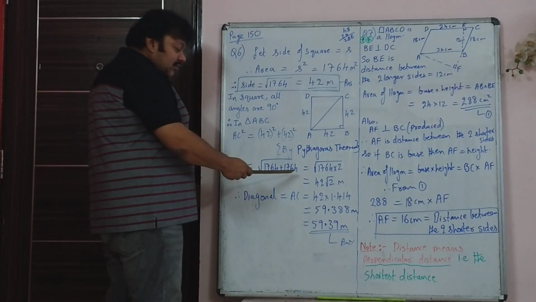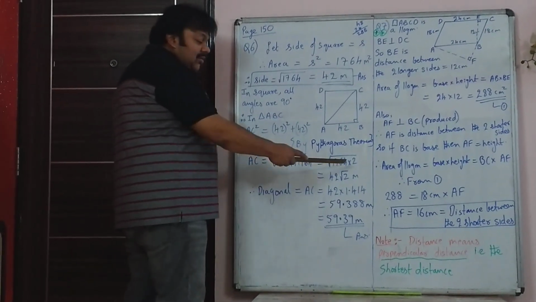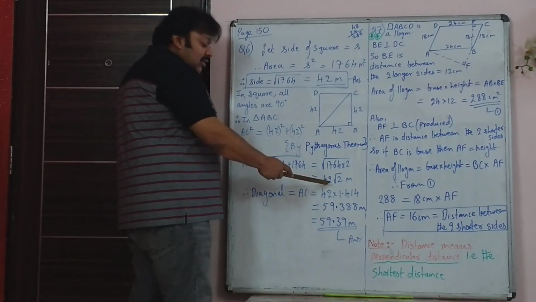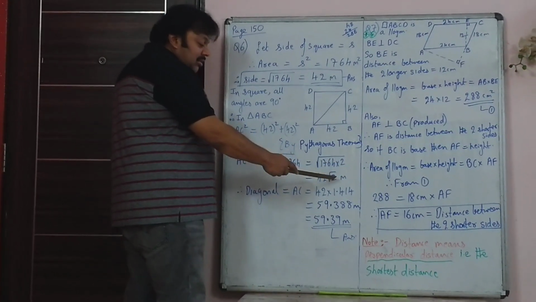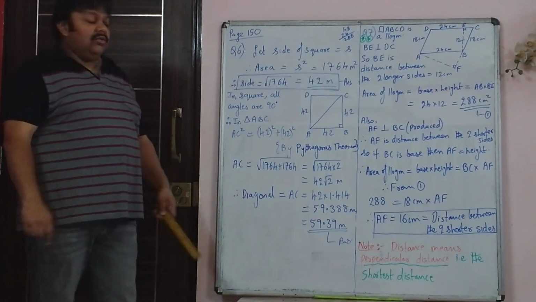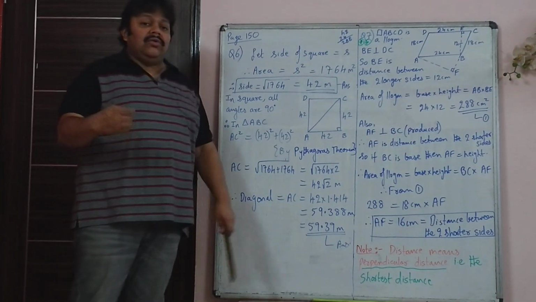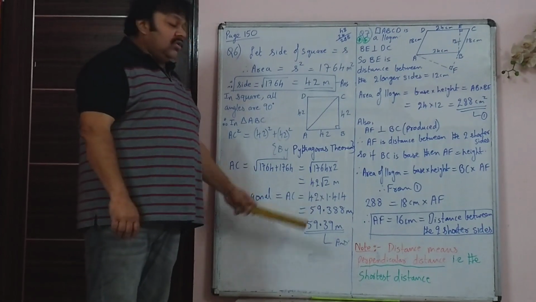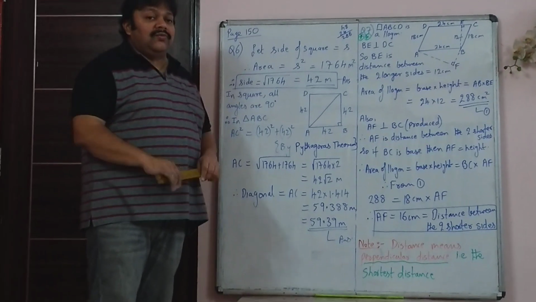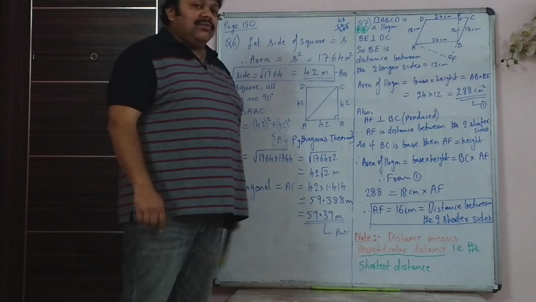So 1764 plus 1764. Instead of adding it up twice, you can write 1764 into 2. So therefore, root 1764 is 42, and the second number you have written as root 2. Now when they ask you to find the length of the diagonal, you don't leave it as 42 root 2. You have to find the value correct up to 2 decimals. So root 2, you can either refer to the root table, or I have told you root 2, root 3 and root 5. Those 3 values you are supposed to know. So root 2 is 1.414.